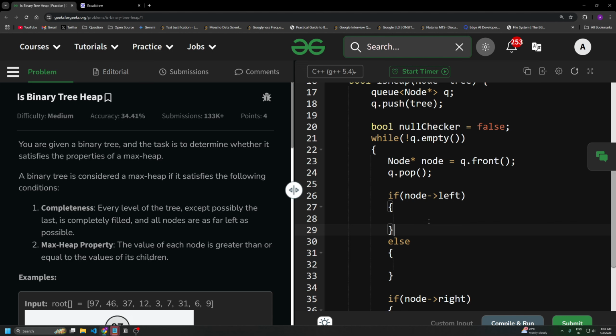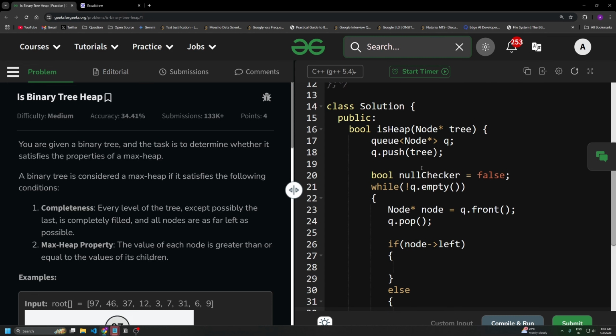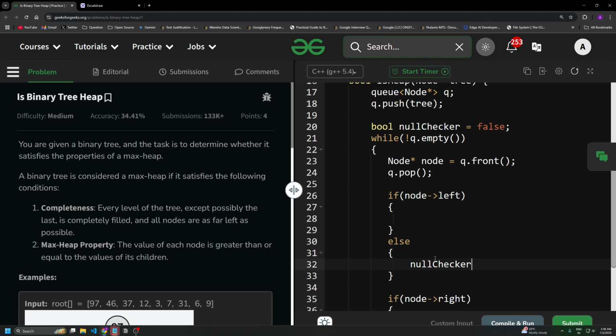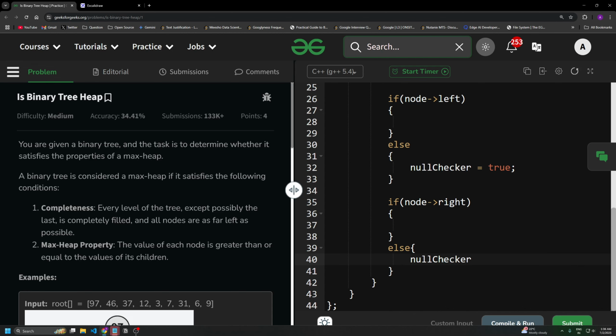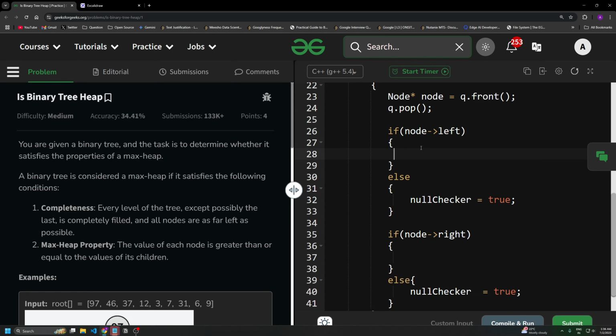This is how we should go. Here, look, if the node left does not exist, what we can quickly say is to set the null checker to true. Set the null checker to true here as well, anytime. And after this, in this given loop, we have to smartly check if the null checker